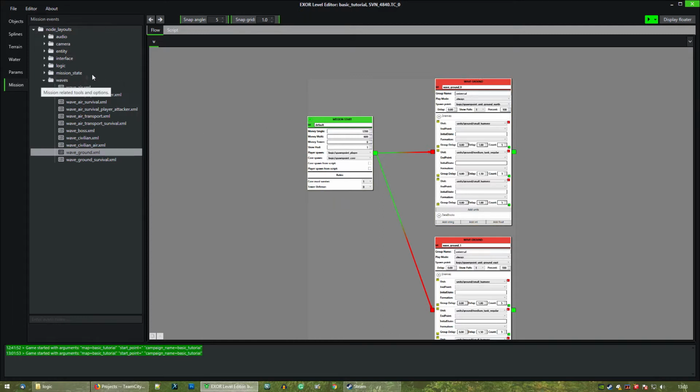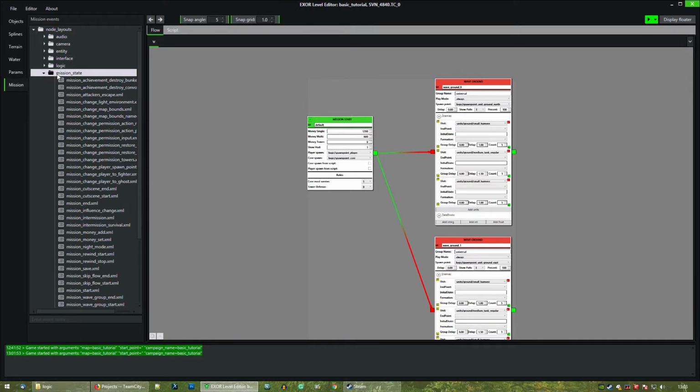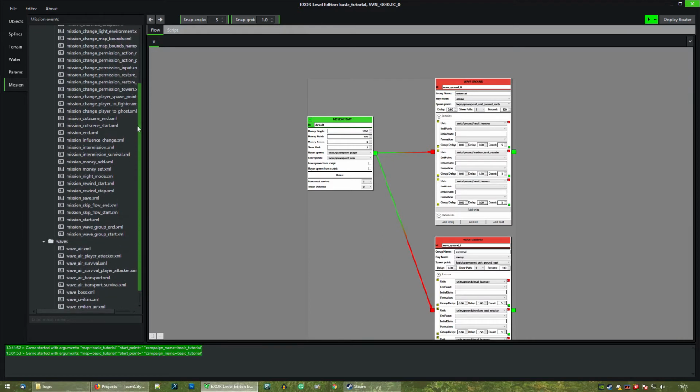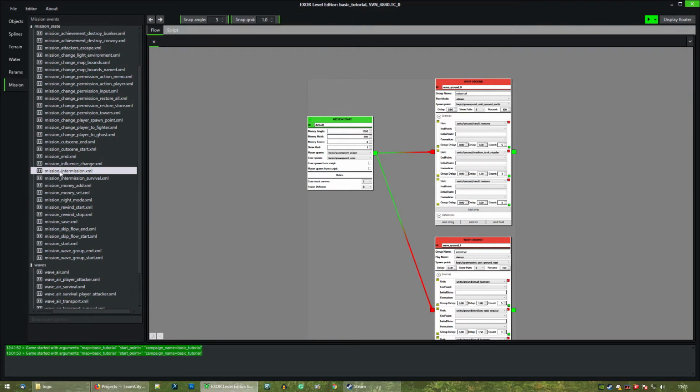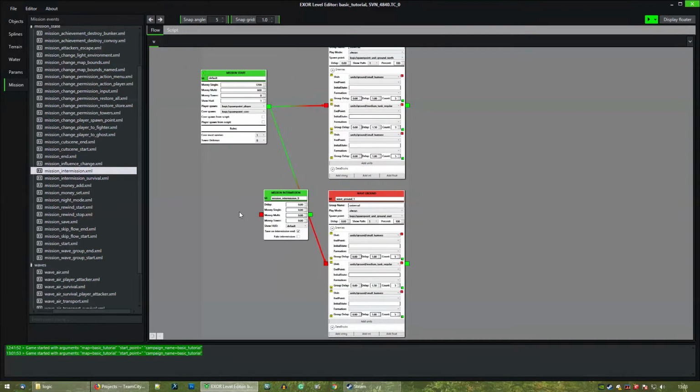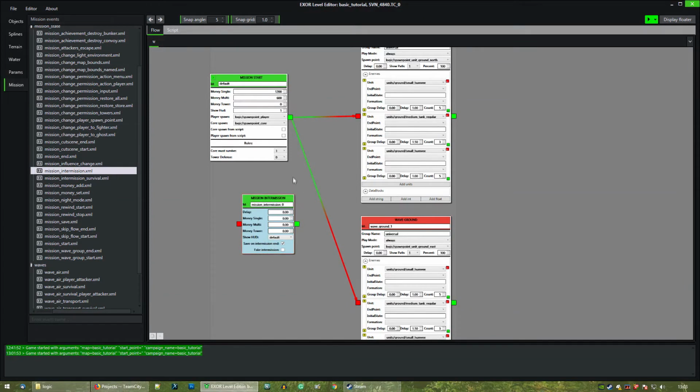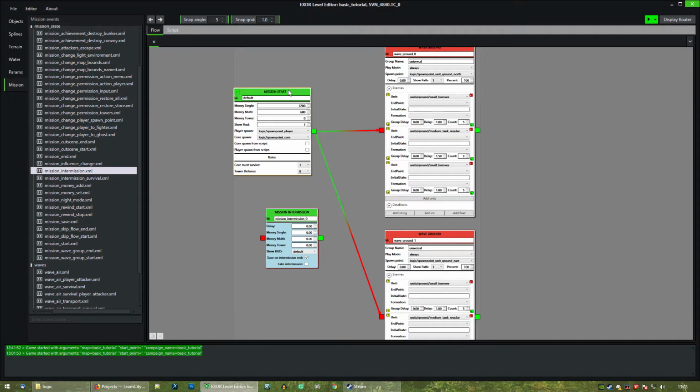In order to add a mission start, an intermission, sorry, you can do this in the mission state, where you can find the mission state intermission. So just click it and drag into the viewport. You will see an intermission. In order to have this working,